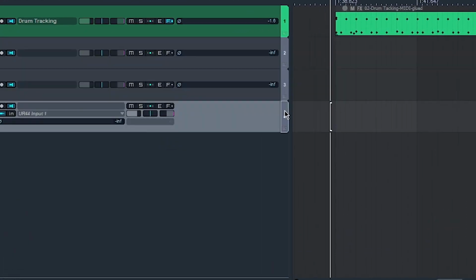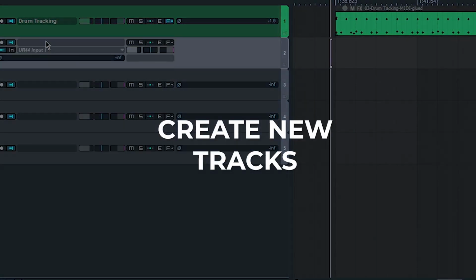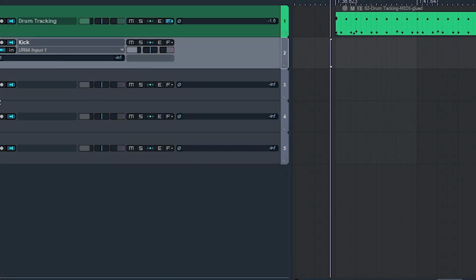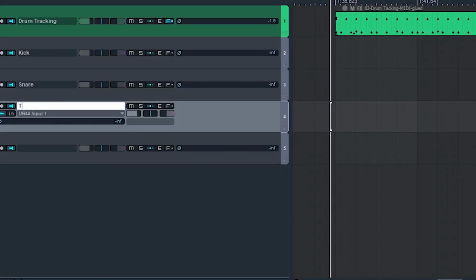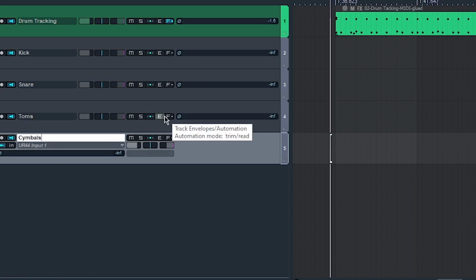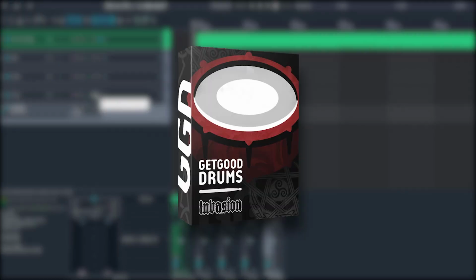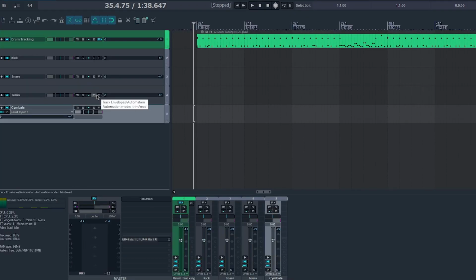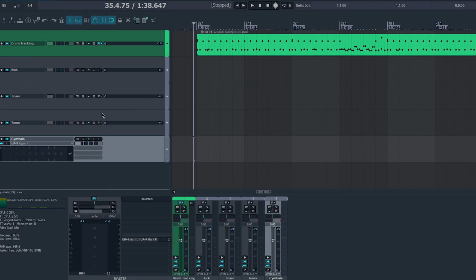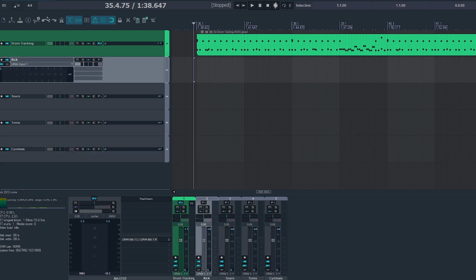The first thing we're going to do is to create some new tracks, each one for the different drum elements. So we'll start with the kick, snare, toms and cymbals. Right now I'm using Invasion drums on Contact player, but this technique can be applied to almost every drum VST out there. Also, for this example, I'm just going to create 4 tracks, but you can create as many tracks